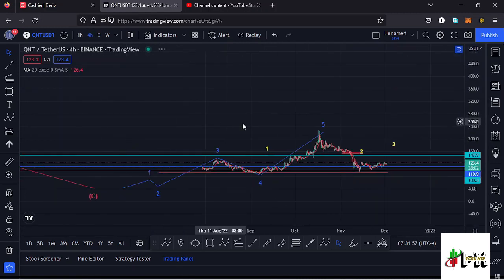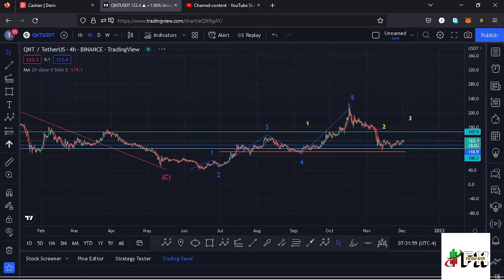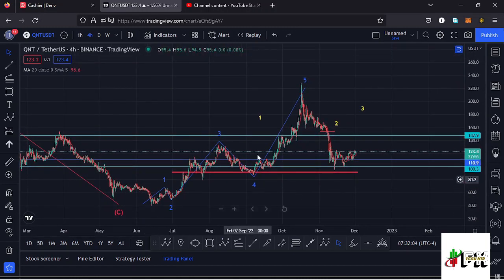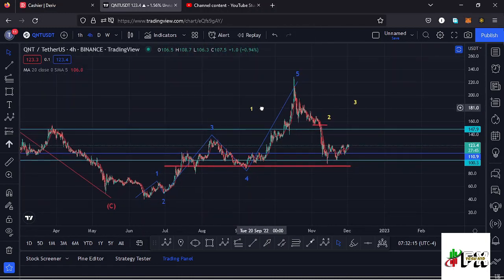And jumping to the 1 hour chart so that you can see that Elliott structure, you can see I have this Elliott wave structure in blue, which is a fractal wave within that higher Elliott wave count 1 to the upper side, which made its high at around the $229 mark. And after seeing the high for that higher Elliott wave count 1, whatever we expect next is a movement to the lower side in the formation of a higher Elliott wave count 2, and I believe that is what is